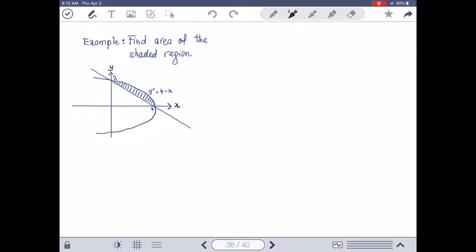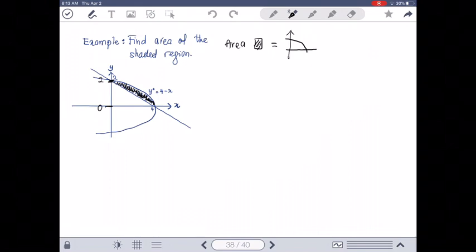Okay, let's try one final question. So we want to find the area of the shaded region bounded by the curve. If you see, this area is bounded by the y-axis. Okay, so which means our boundary starts from 0 until 2. Okay, we do not have the equation of the straight line, but what we can do here is that to find the area of the shaded region is just equal to